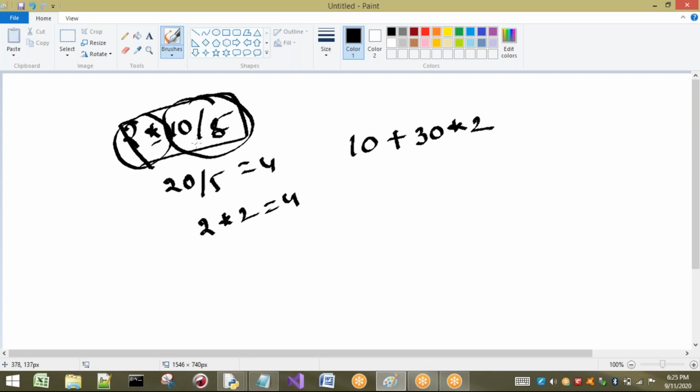So what do we have to think first? These two operators, first we have to check the precedences. These two are having the same precedence, so which operation has to be done first? Whenever we have the same precedences, we have to go for associativity. Very important point, associativity. That means some operators will have left to right associativity, and some operators will have right to left associativity. Don't worry about those associativities. I will explain now.